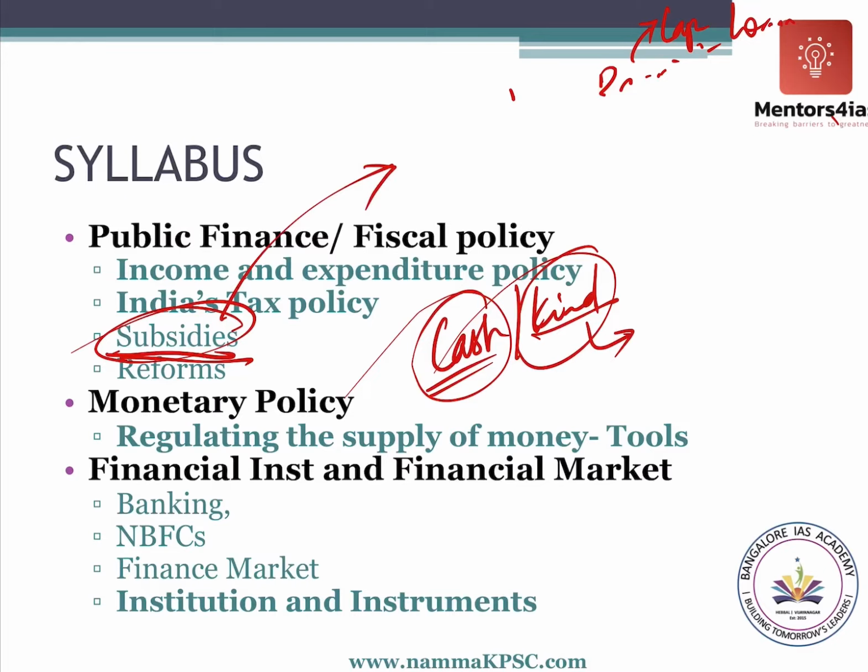Other than being a major expenditure, there are issues relating to subsidies, and therefore there are reforms being implemented by the government for these subsidies. So we'll have to try to understand these things also. So subsidies, types of subsidies, why you need subsidies, what are the issues relating to subsidies, and what reforms, for example, direct benefit transfer, etc. we will try to understand. So these are some of the important topics that we'll be covering.